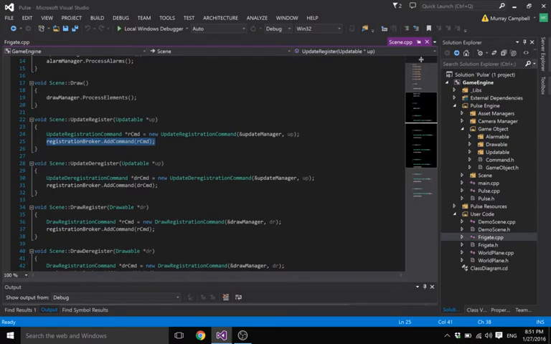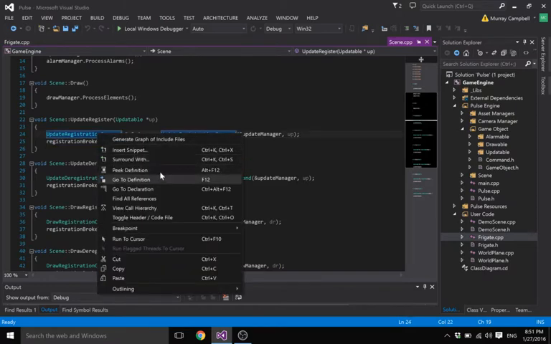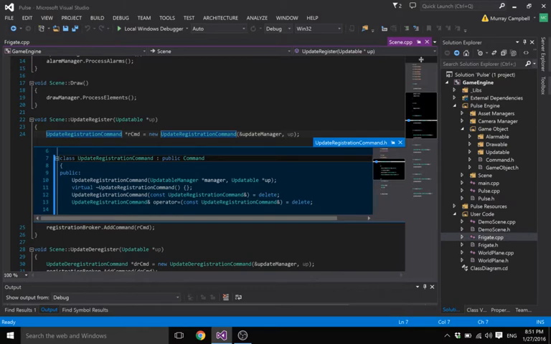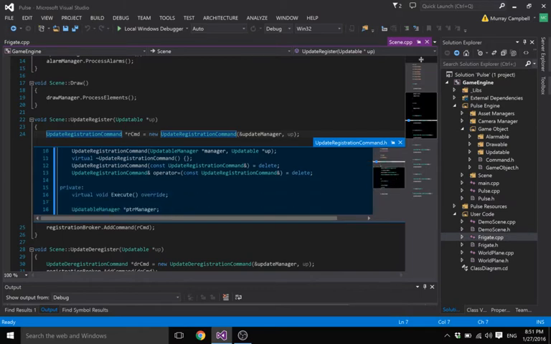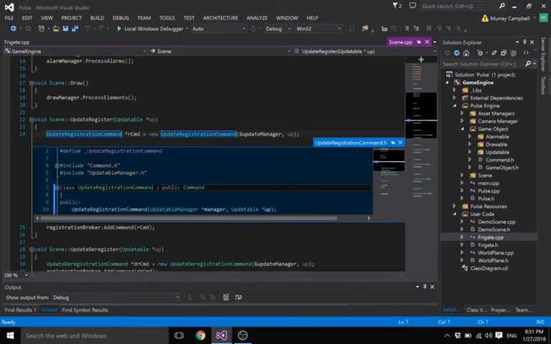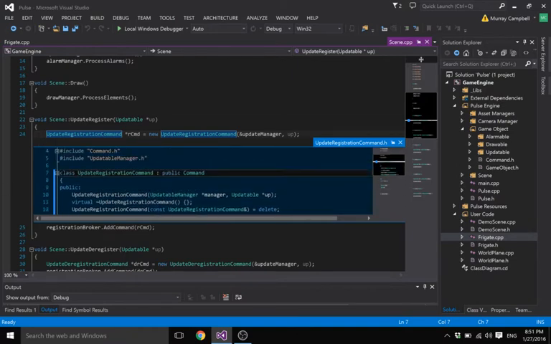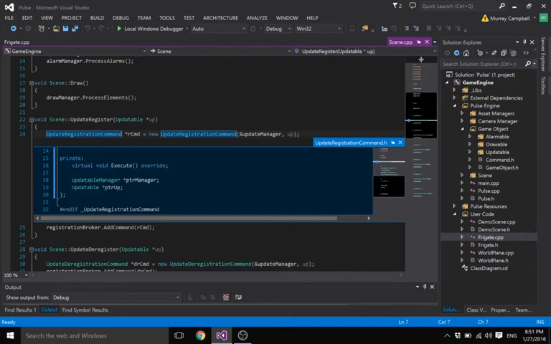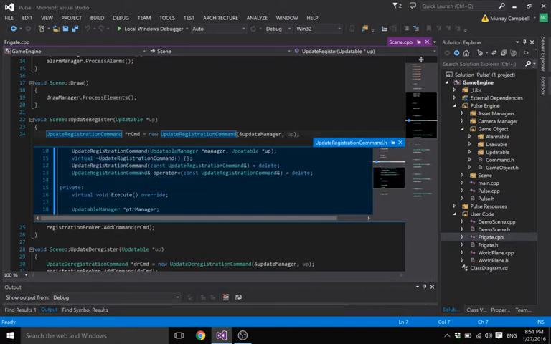So let's take a peek at the definition of the update registration command. This is exactly what you think it would be. It has execute. It inherits from command, which basically is just this, but has a virtual void execute. This gets overridden here, and then we've got a pointer to the manager and the updatable, and in the constructor those get populated. So in the execute method,